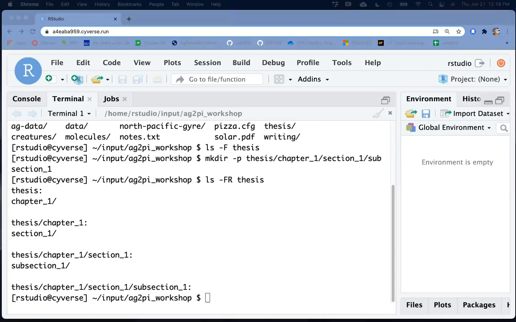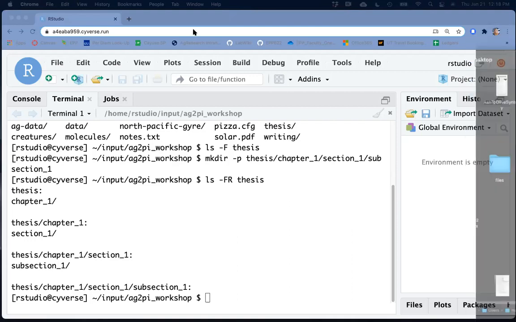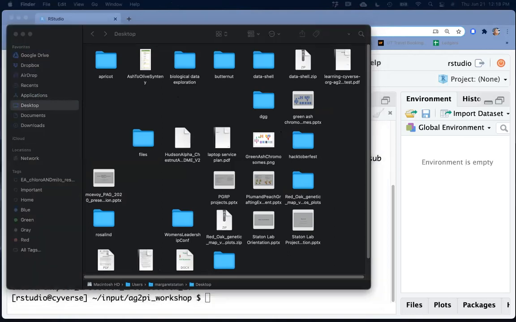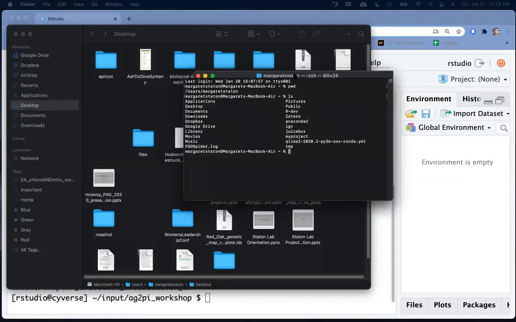Perhaps I should show you an example of that. So this is my desktop folder. This is something you don't have to do. You just take your hands off the keyboard and sit back and relax for a second. This is my laptop, my file explorer. I have a very messy desktop, so that's embarrassing. And I work on trees, so I've got folders named like apricot and buttermilk and butternut, and there's some ash stuff in here. Great. I can open a terminal to my own computer,